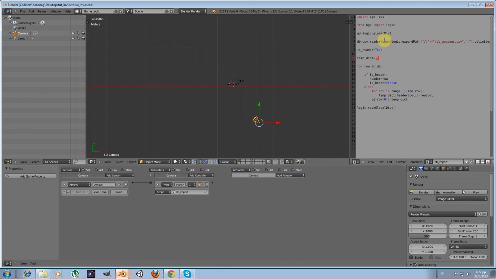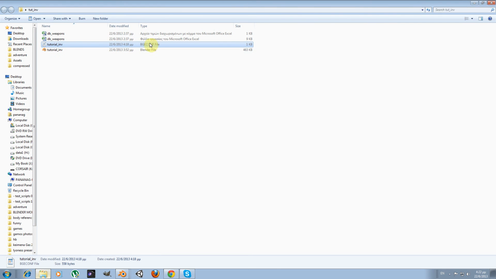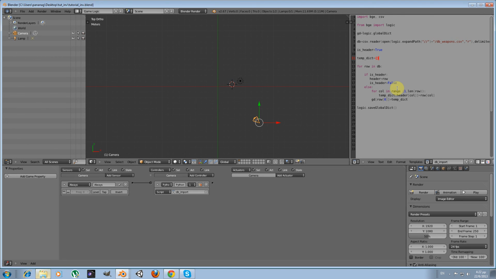But for now, I'm going to leave it as it is, and in the third part of the tutorial, we will see how we can use this information we have stored in our config file, and how we can take advantage of it for our inventory system. So remember to save your file, and